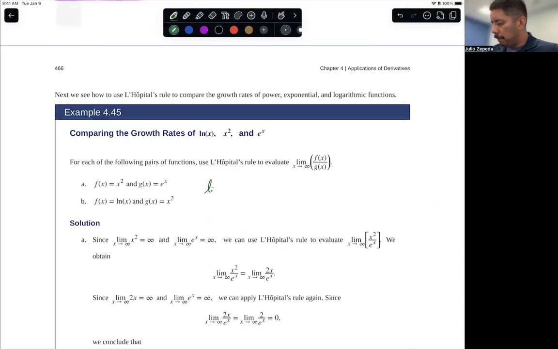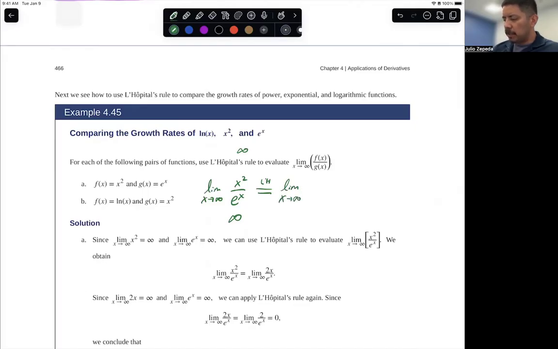The limit as x approaches infinity, we'll do part A, of f of x, which is x squared, over g of x, which is e to the x. So we can see after direct substitution that x squared is going to go to infinity, e to the x is going to go to infinity. So infinity over infinity allows us to apply L'Hopital's rule. Since we're close to the end of our video, at the end of our time here, I'm kind of skipping a little bit, but